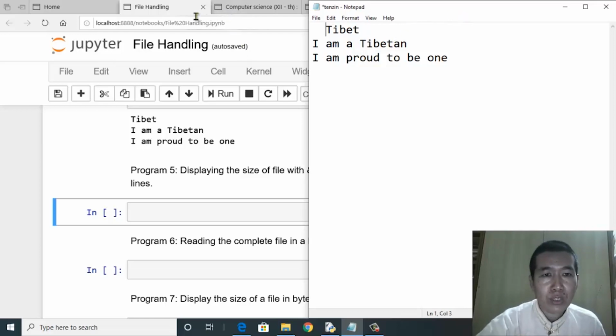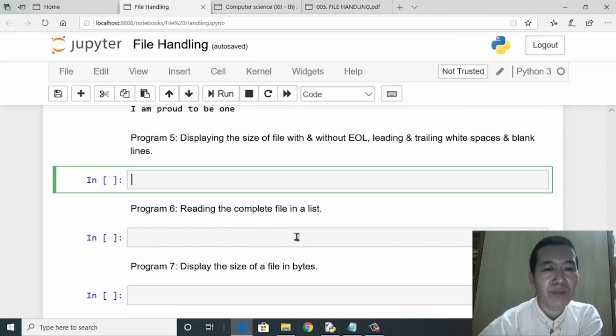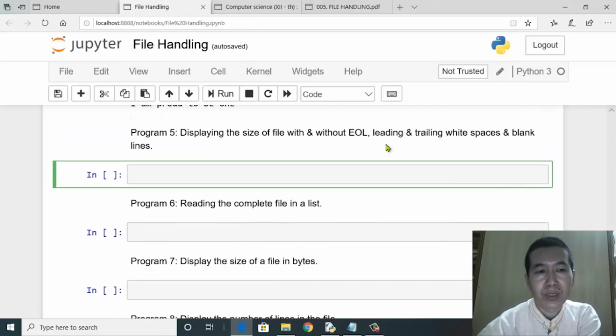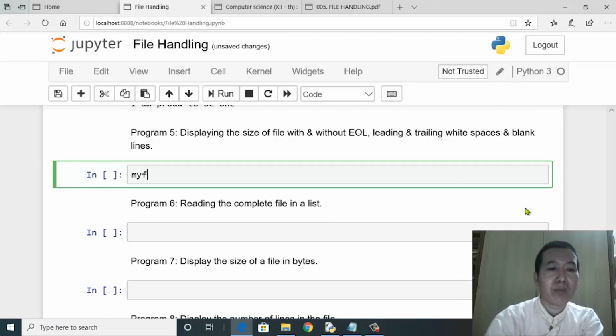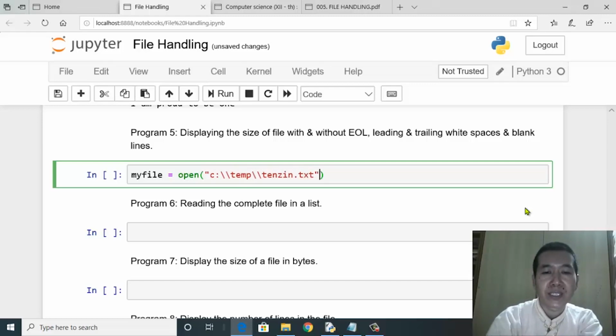Okay, so let's go back to the program. Let's have the first statement. By now, you should be comfortable with the statements of the program. So it has to be my file equals open c colon 2 slashes and then temp slashes followed by tenzin.txt.